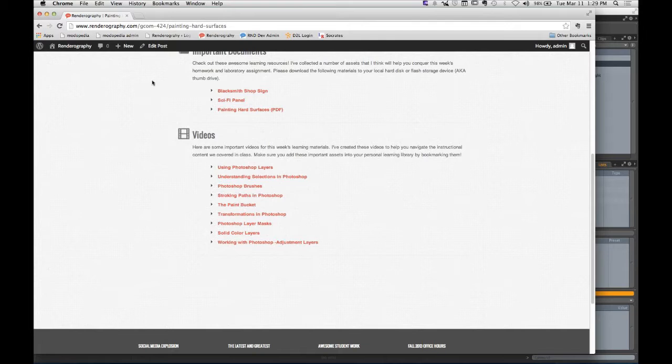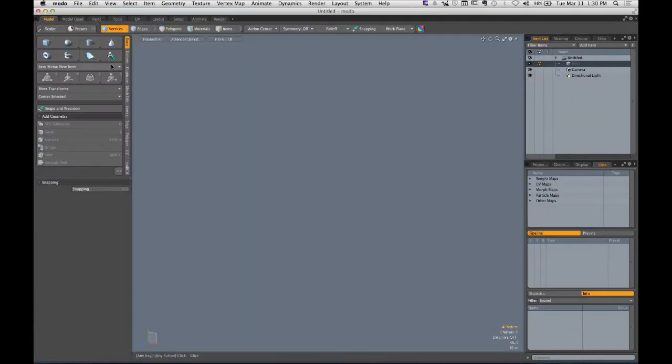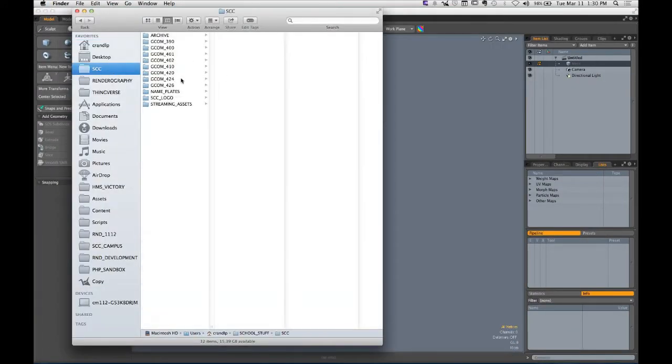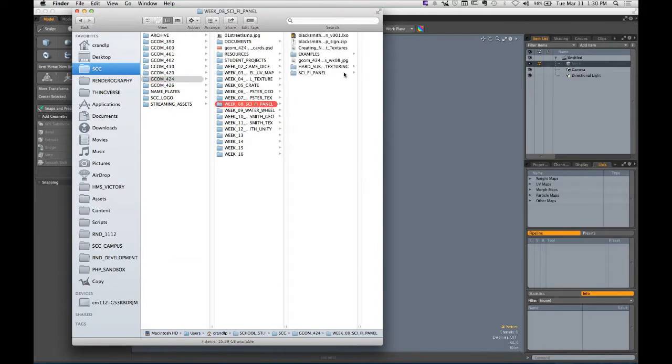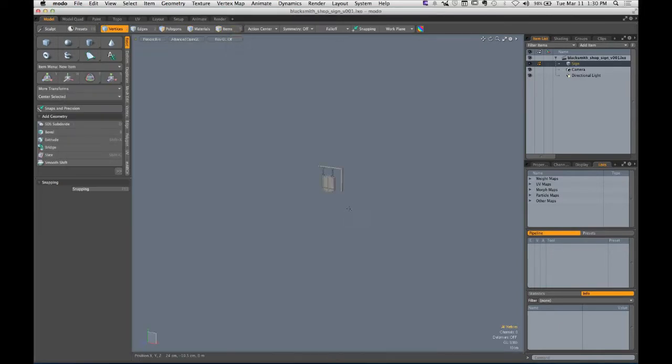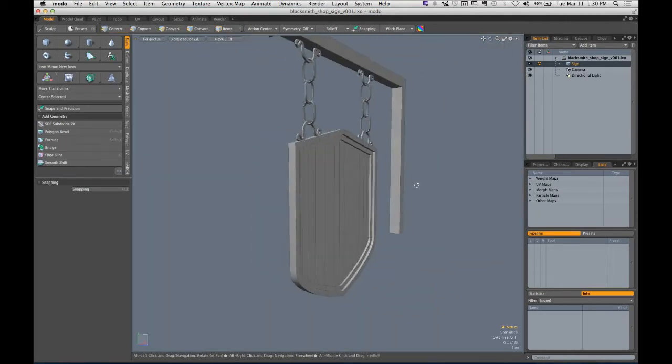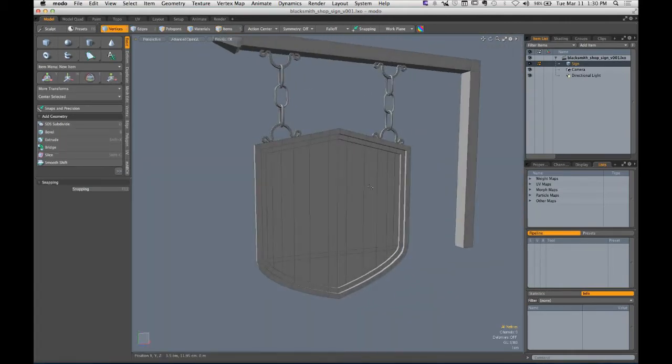All right. We're going to start this week by just kind of revisiting our pipeline a little bit. And let me open up some stuff here. Here's the blacksmith shop sign. There it is. Very, very simple. Nothing too crazy here. And we want to spend our time talking about how we can approach the texturing phase